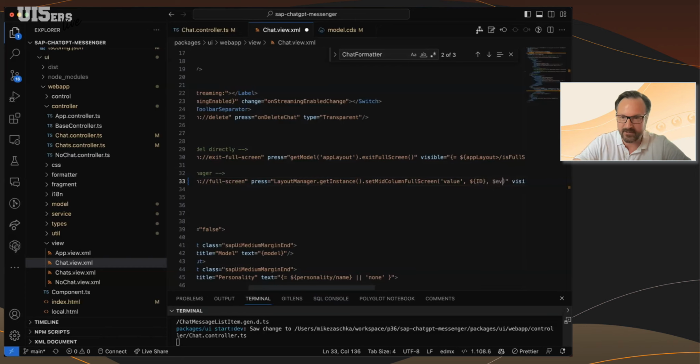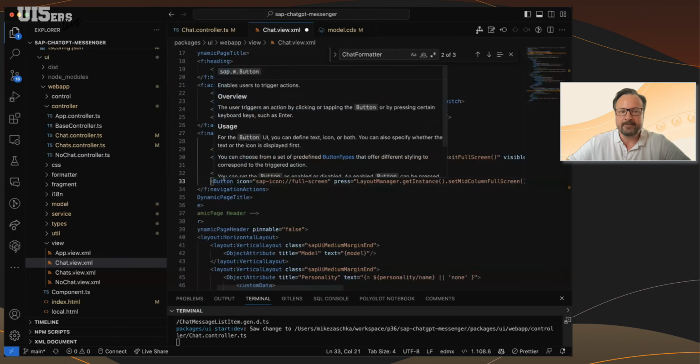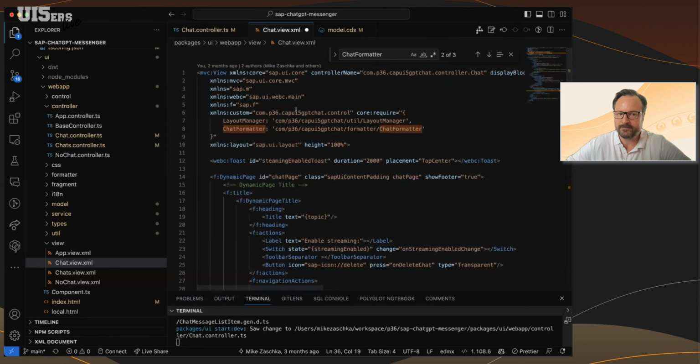You can pass in the event, or controllers and stuff like this. So they are really, really powerful, and they help me in mitigating the complexities from applications. Okay, that's on the core require stuff.